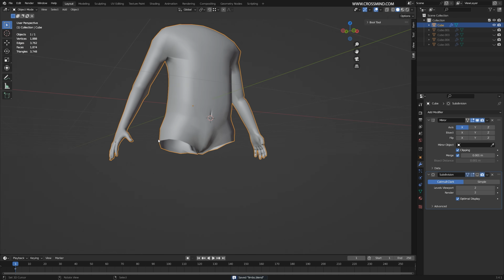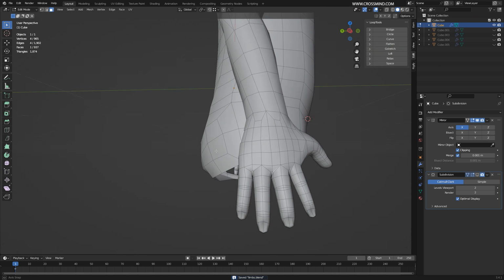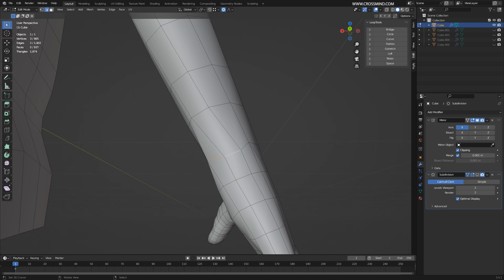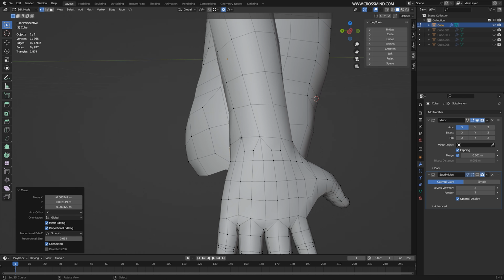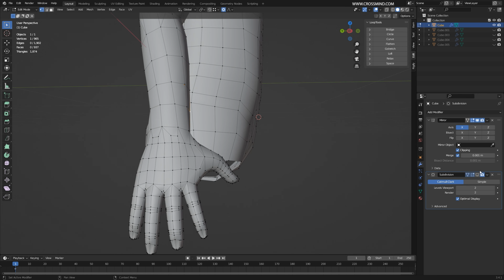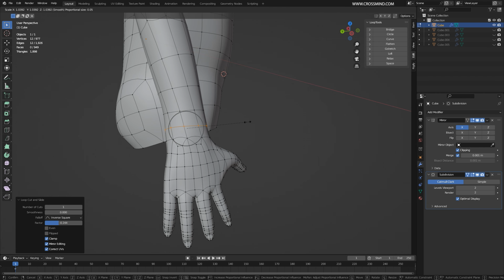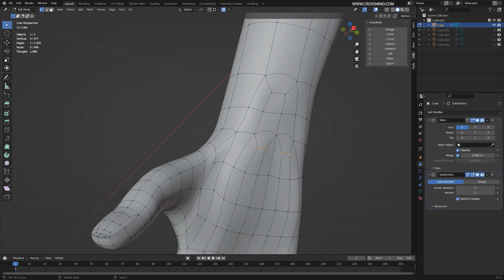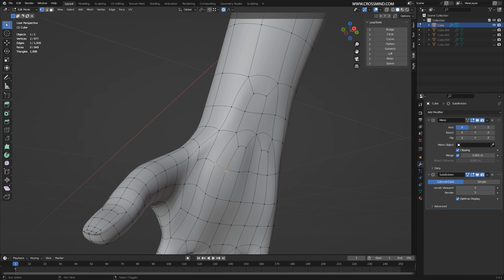So let's see what's going on now. I'm going to save the file and on this transition part around the wrist, I'm going to try and see if I can bring a slightly better formation. We can add one loop here like this. So this thing here is creating a sort of a pinch, and then we can just tweak a few of